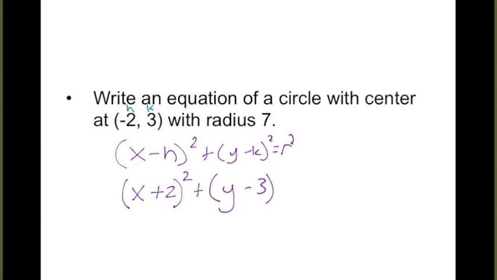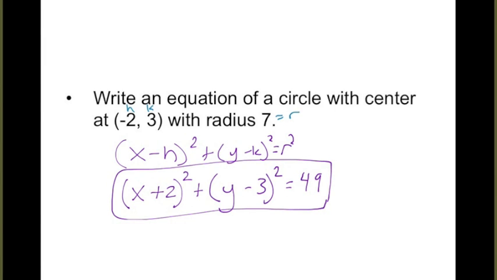And then y minus k is y minus 3. That's squared equals a radius of 7. 7 squared is 49. So you have to be a little bit careful when you plug in a negative h or k, because then you're going to end up with that double negative. All right, so a circle is